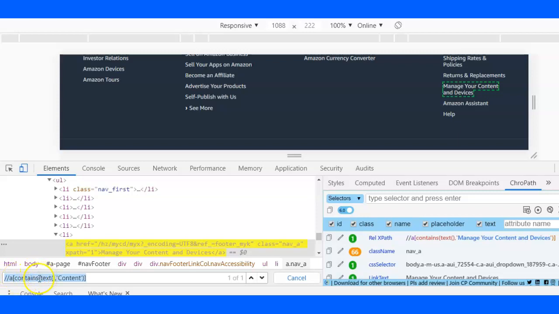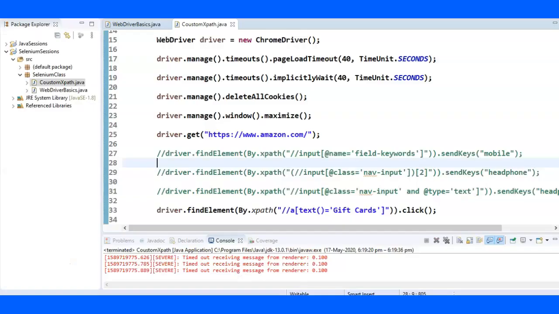Before that, I'll just tell you the use of contains function. Whenever you are using the contains function, you will write contains. Inside the opening and closing parentheses, you'll write text, comma, and you'll just write comma, not is equal to, and the value of that. Okay, and let me just comment this,